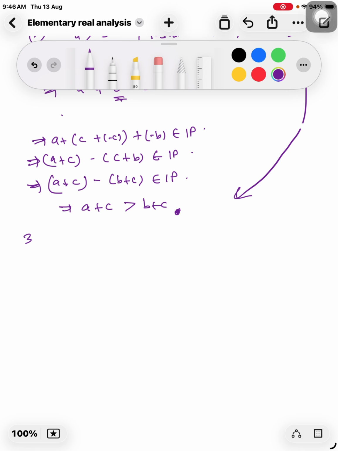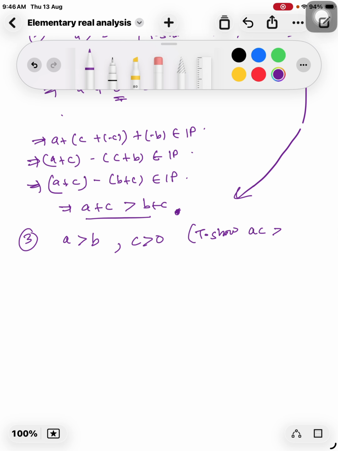कमिंग टू द थर्ड पार्ट, एंड रिमेंबर दिस इज़ कॉल्ड मोनोटोन लॉ ऑफ एडिशन कि अगर A ग्रेटर दैन B है तो A प्लस C इज़ ग्रेटर दैन B प्लस C. इसको हम बार बार यूज़ करेंगे. अब हम आते हैं थर्ड पार्ट में, जिसमें अगर A ग्रेटर दैन B है और C ग्रेटर दैन 0 है, एंड वी हैव टू शो